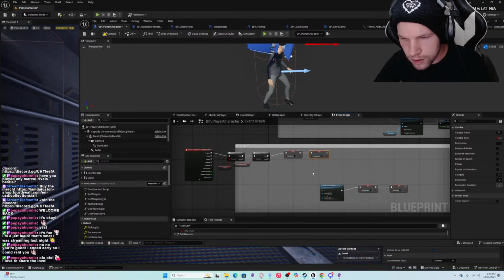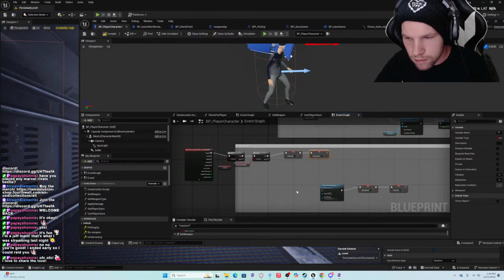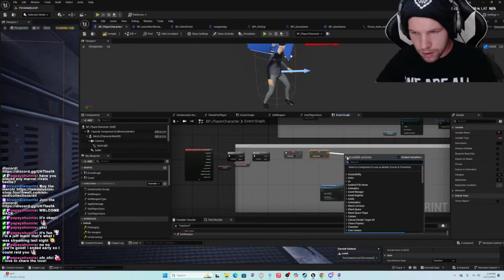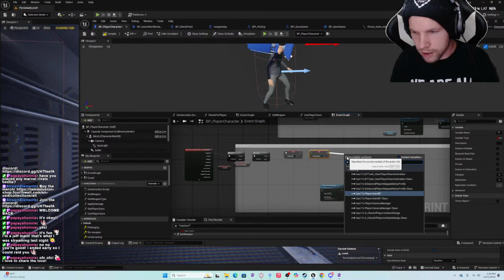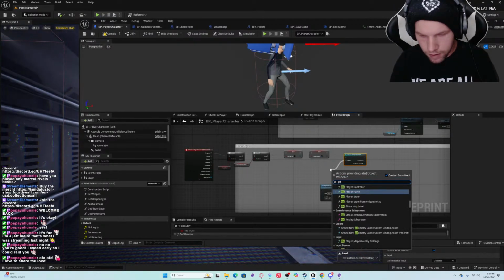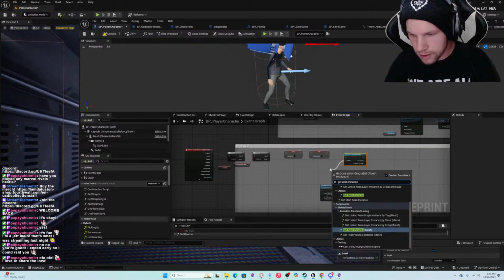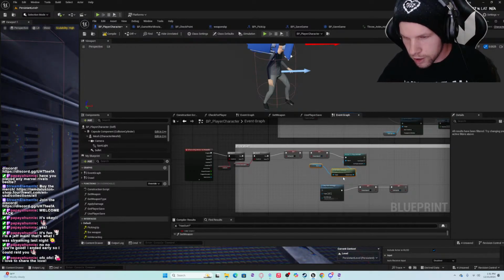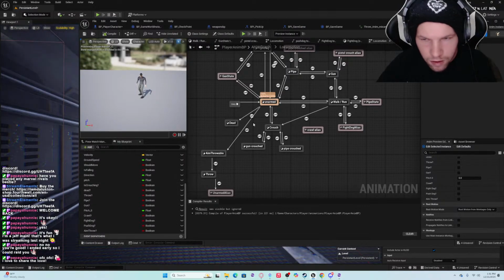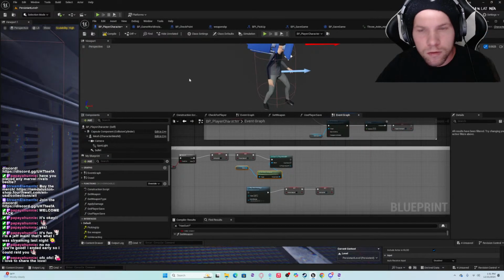And what we're going to do is cast to player anim BP, get anim instance mesh, and what was that variable that we made called aim throw?